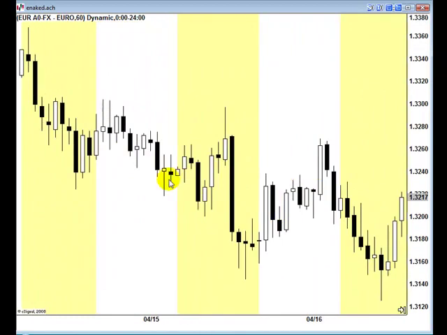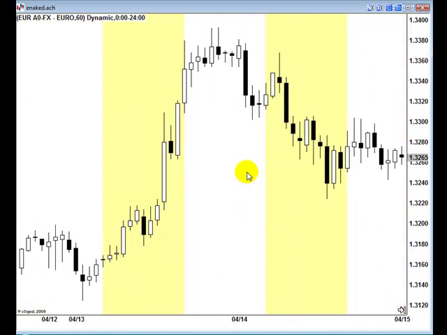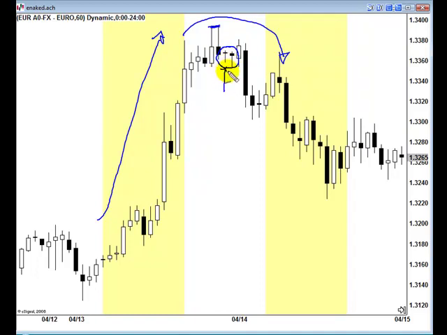Now, of course, I'm not going to be able to find one example for you, but now there's a couple of good examples. Now, they don't always take place at the top or the bottom of a move. They sometimes take place in a group or a cluster of candles. Now, this has been a strong move up, okay? And we're looking at these reversals taking place, and we've got those two spike highs there and a tweezer top. I think we had a look at this one before. And then we get these two full stop candles,